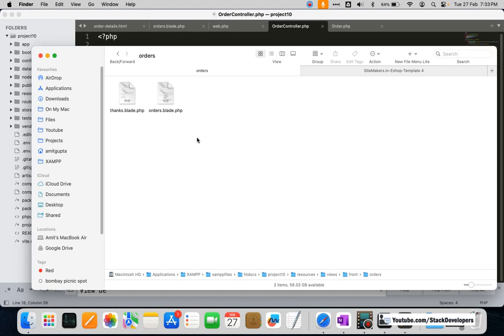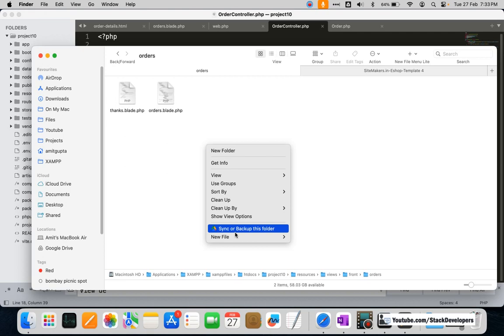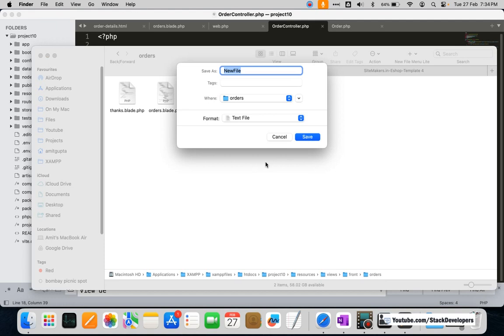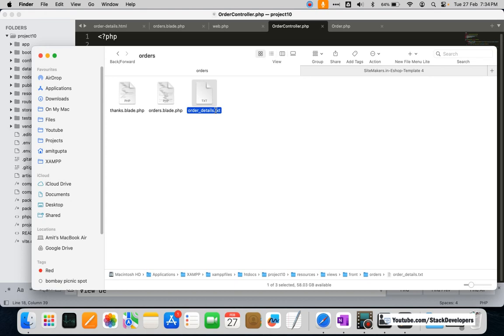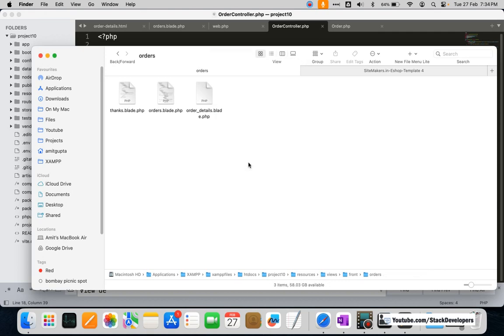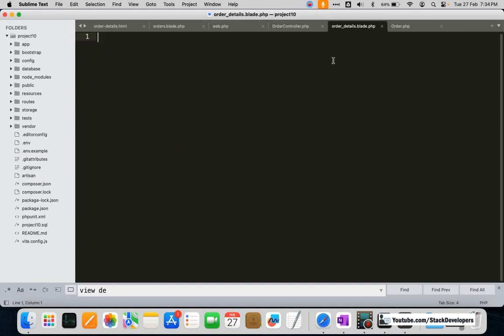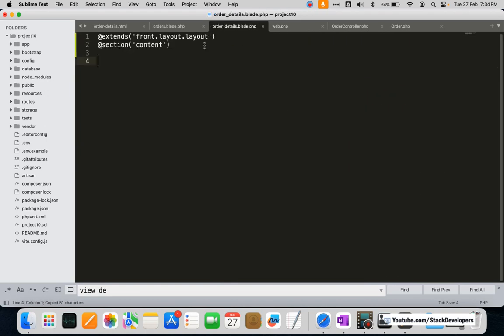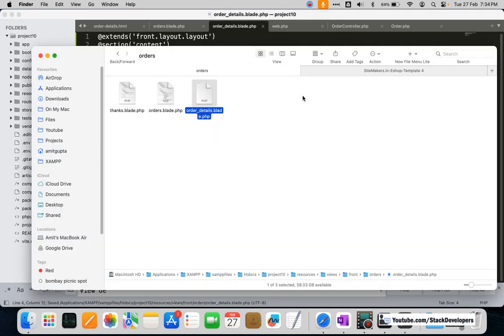And here I'm going to create the new file, order_details. Okay, a new file, test file, order_details. I'm going to name it like order_details. I'm going to save this file and then rename it to blade.php. Okay, so like this. So see, earlier file is this one, now it's this one. And what I'm going to do, I'm going to include this front design and section, and now in middle I'm going to add